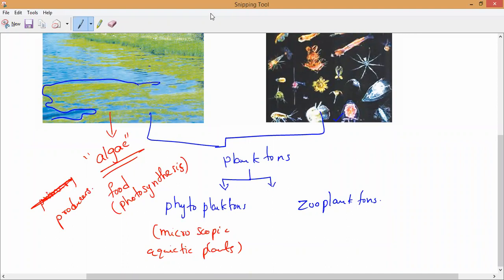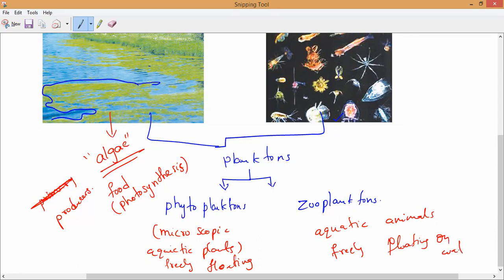Please respond. Now, the same way, microscopic aquatic plants which float on the surface, freely floating, you have to remember, are called phytoplanktons. Now if it comes to zooplanktons, these are microscopic aquatic animals freely floating on water. Understand, this is aquatic plants and this is aquatic animals freely floating on water, called zooplanktons. So if you take here, they are